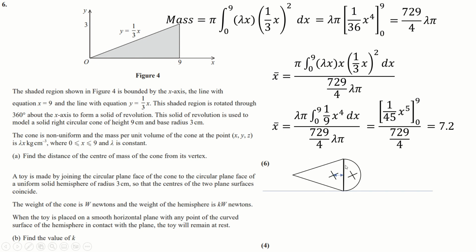And the center of mass of the hemisphere, that's in the formula book, it's this. And of course, r is 3, because it has to be to make it fit on there. 3/8 times 3 is 9/8. And now, if it's standing in equilibrium here, which it says that it does,